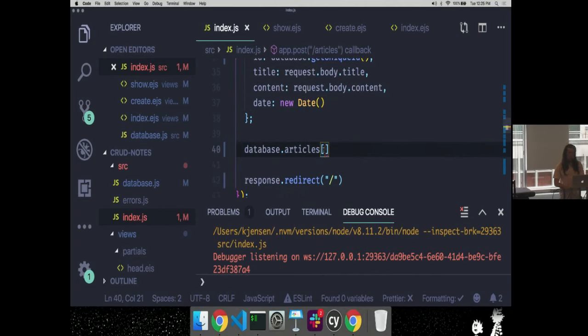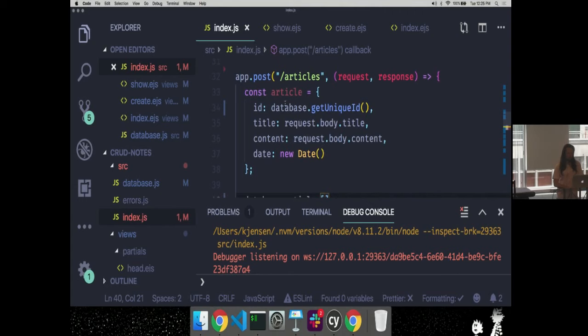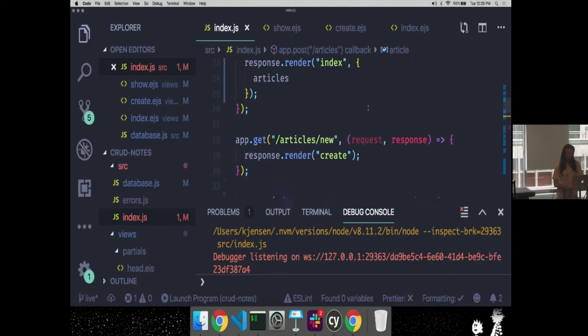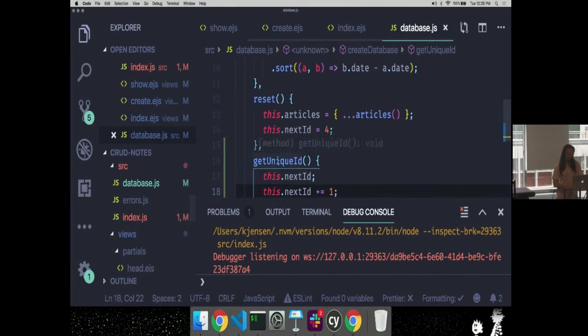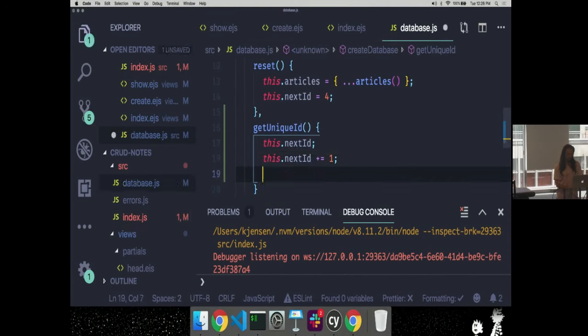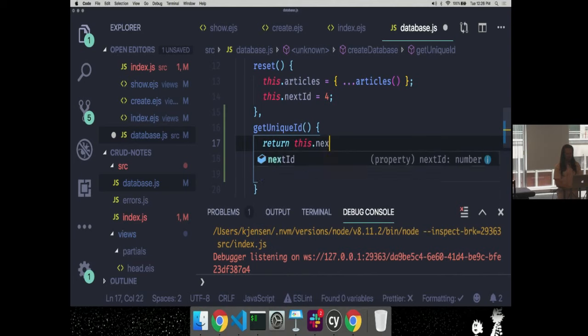So database.articles is an object. Yeah, question? Where, here? Yeah, you're right. Yeah, thank you. Great, good call. So here, the reason I did it the other way is because I can say return this.nextID++ all in one line.